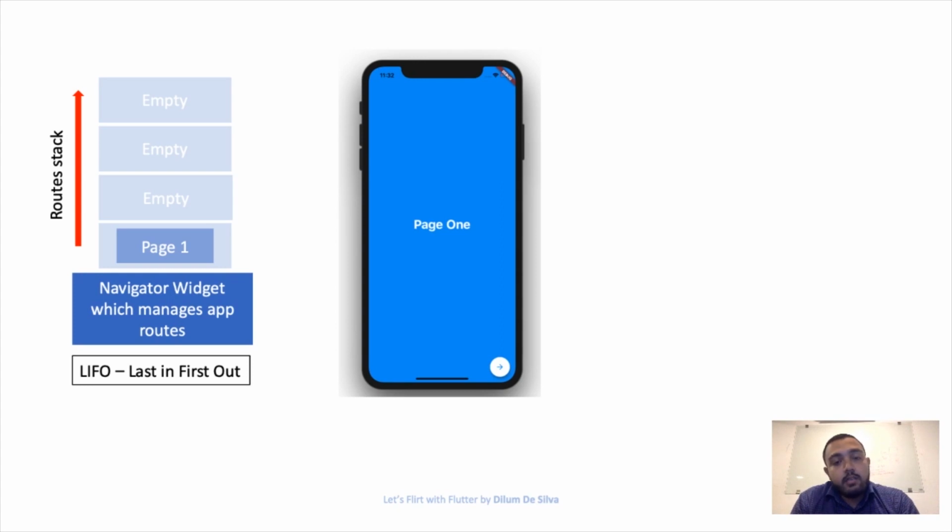it follows a concept called LIFO, which says last in, first out. So whatever page or data we stored last in the stack will come out first when we call back. The last thing which we stored in the stack will be the first thing that comes out. So even the Flutter Navigator routes, when we navigate routes in Flutter, use this